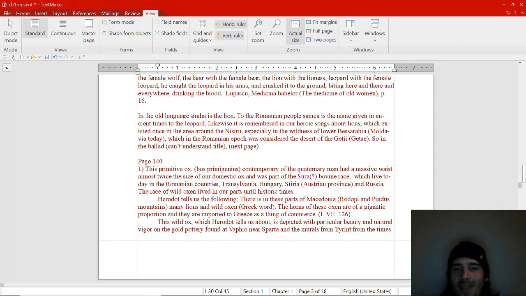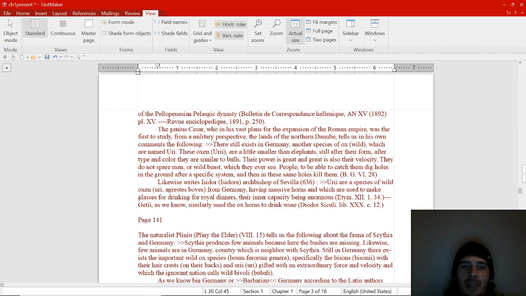There is in these parts of Macedonia, Rhodope and Pindus mountains, many lions and wild oxen. The horns of these oxen are of a gigantic proportion, and they are important to Greece as a thing of commerce. And then where Herodotus wrote this. This wild ox, which Herodotus tells us about, is depicted with particular beauty and natural vigor on the gold pottery found at Vapio near Sparta and the murals from Tirint from the times of the Peloponnesian Pelasgic dynasty. And then another reference,